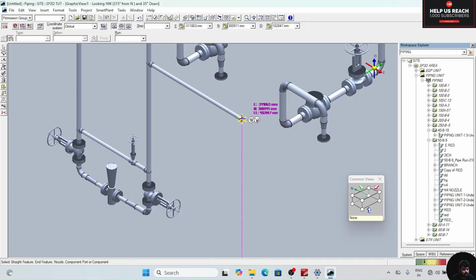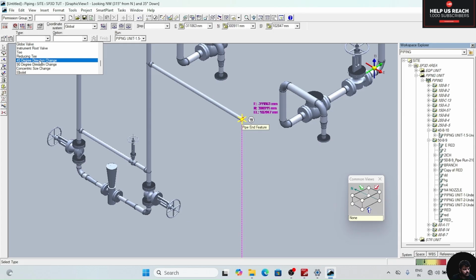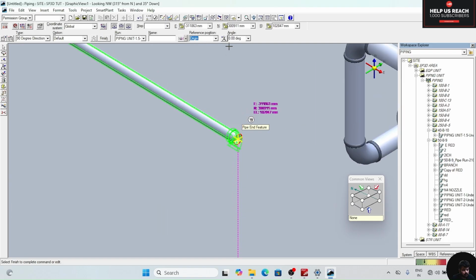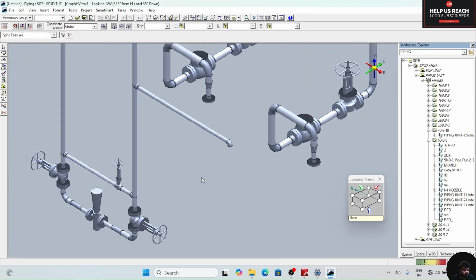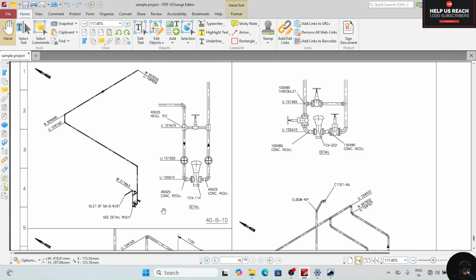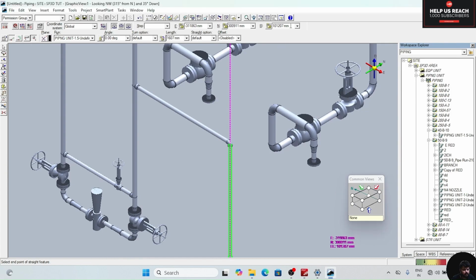Insert component, select the point, 90-degree direction change, reference position to origin, change angle to 90 degree, 180 degree. Okay. Click on finish. Now root pipe. For that, click on this point, root pipe, lock the position. We can see the position here. It is 100, 610. So we can put here 100, 610. Click enter, click anywhere on the screen, click escape.